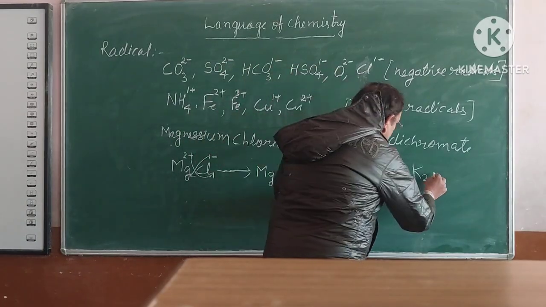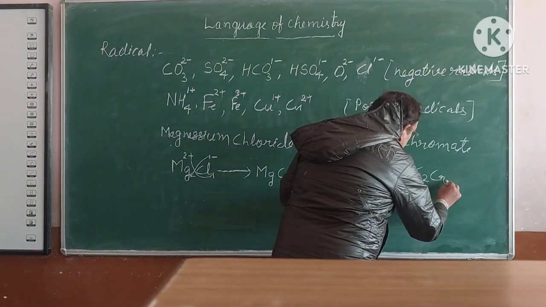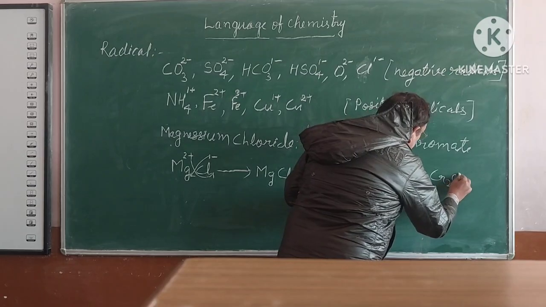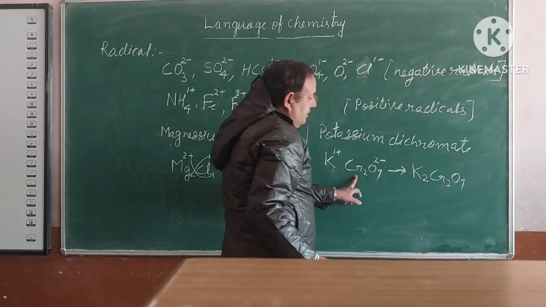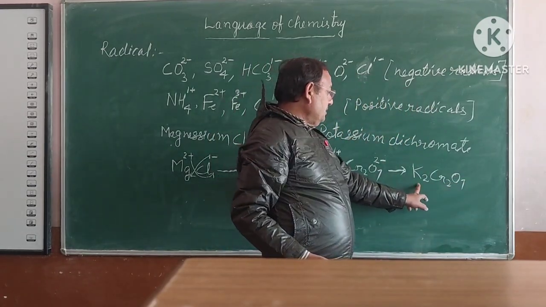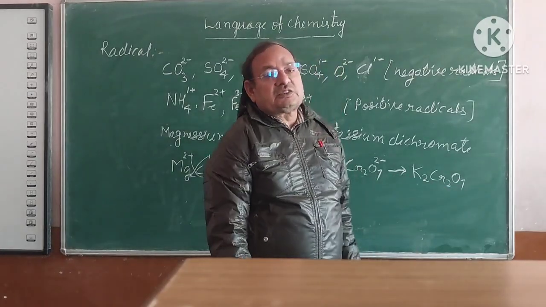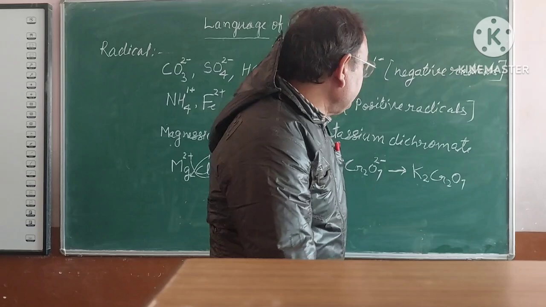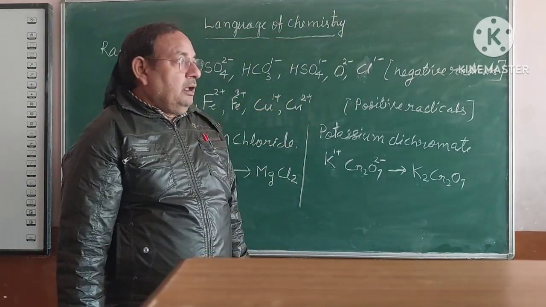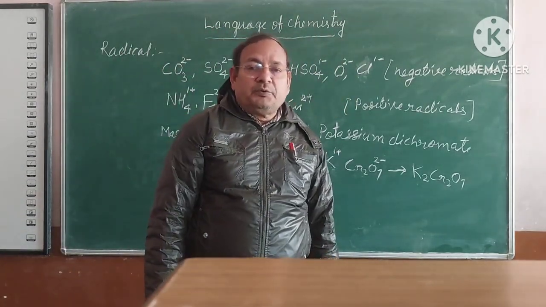So this becomes the formula of potassium dichromate, K2Cr2O7. So my dear students, I hope that all of you have